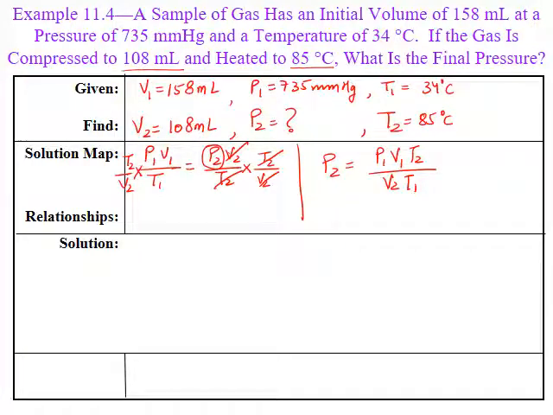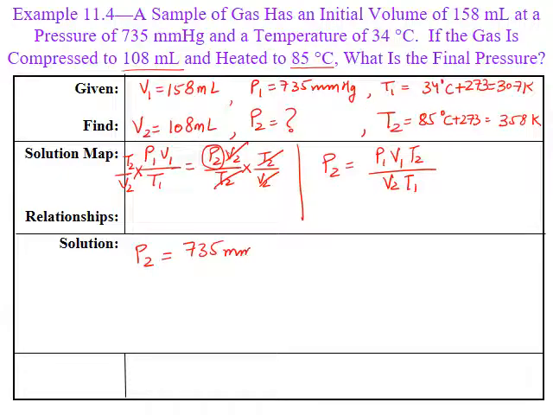Now we simply have to plug the values into this equation. Do we have P1? Yes. Do we have V1 and V2? V1 and V2 right here, same unit, which is good. T1 and T2 are right here, but the units are in degrees Celsius. So I need to convert this into Kelvin by adding 273. So T1 will become equal to 307 Kelvin and T2 will become equal to 358 Kelvin. Now we plug all these values into this expression, which will give us P2 equals